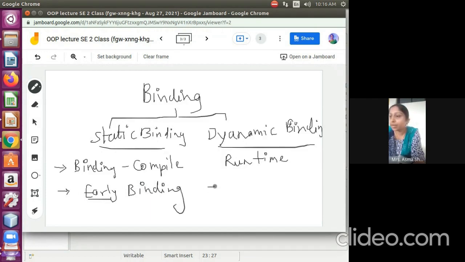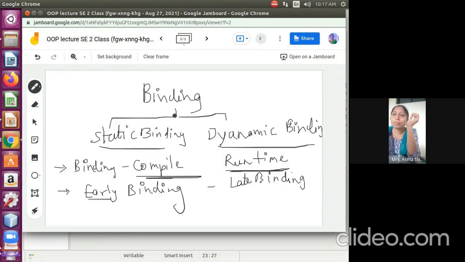And dynamic binding is also called late binding. So if I wanted to write this statement, how can we write? A static binding is a kind of binding where a procedure call is bound with its definition at compile time. Here we have to change the word to runtime.